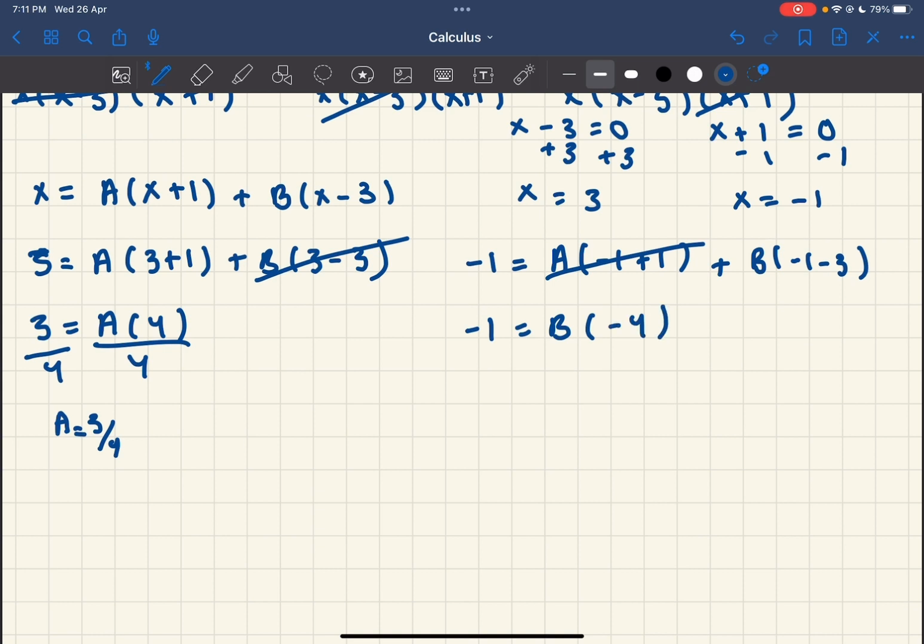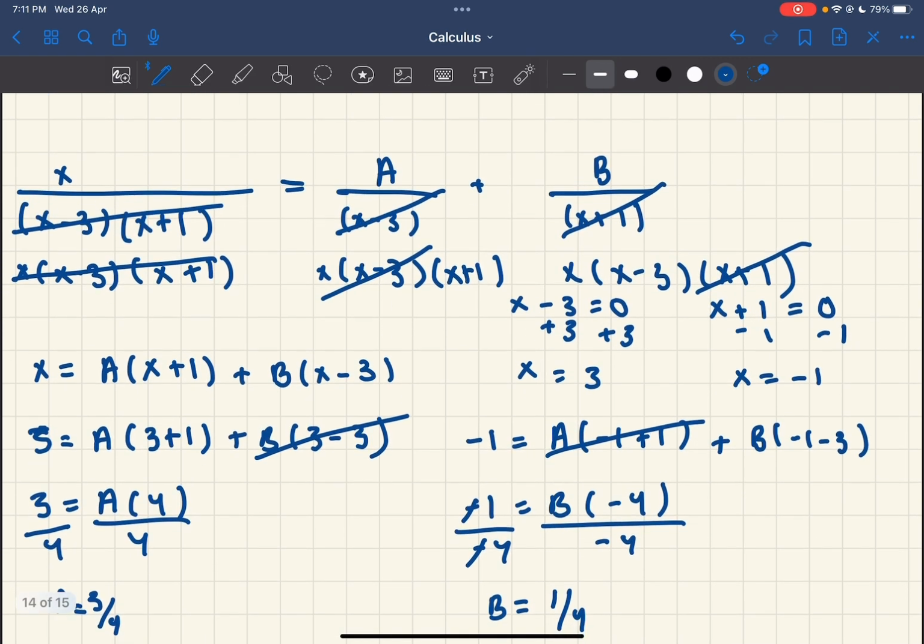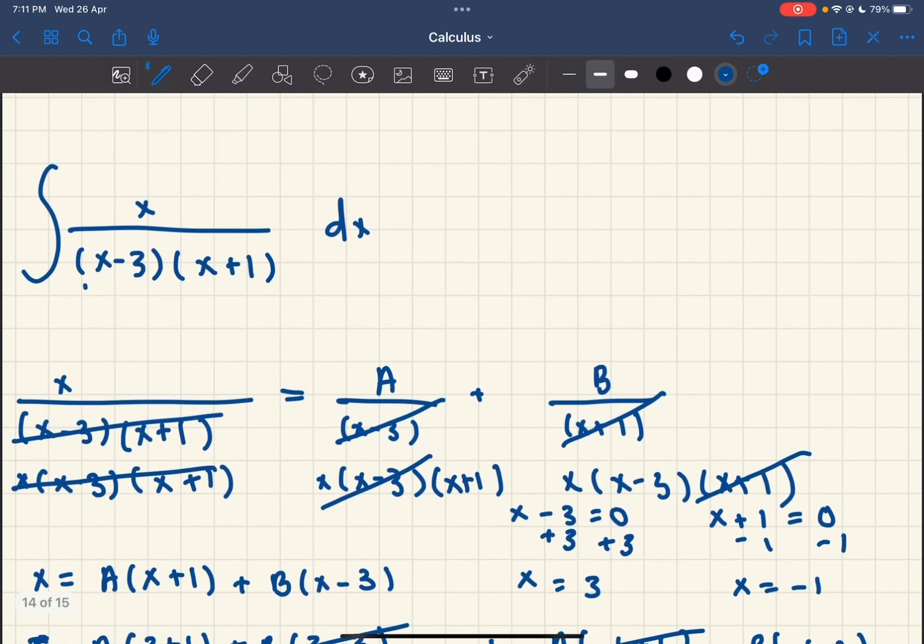And then we can divide both sides by minus 4, so we are able to find b. So minus 4 and minus 4. The negatives both cancel out, and we're left with b equals 1 over 4. Now that we have what a and b are, we can substitute them into the partial fractions, and we can